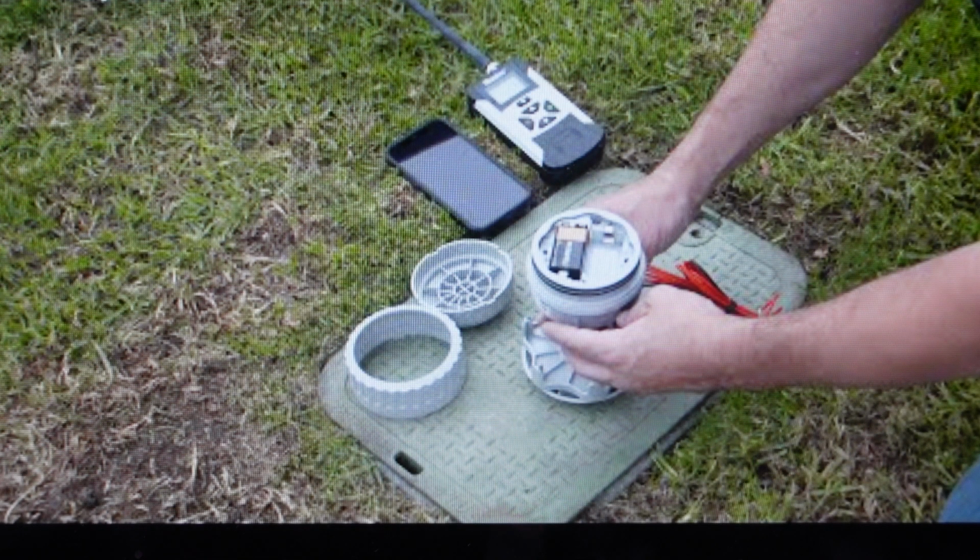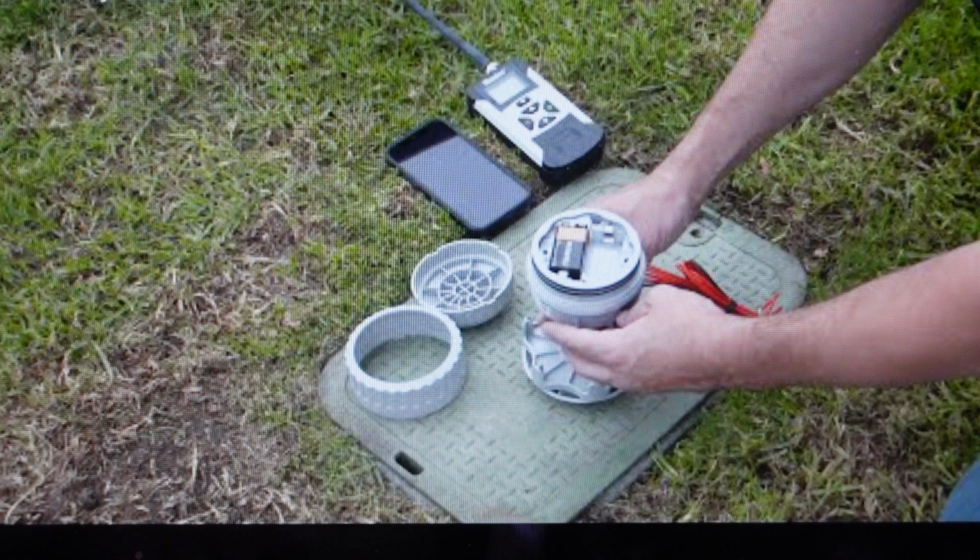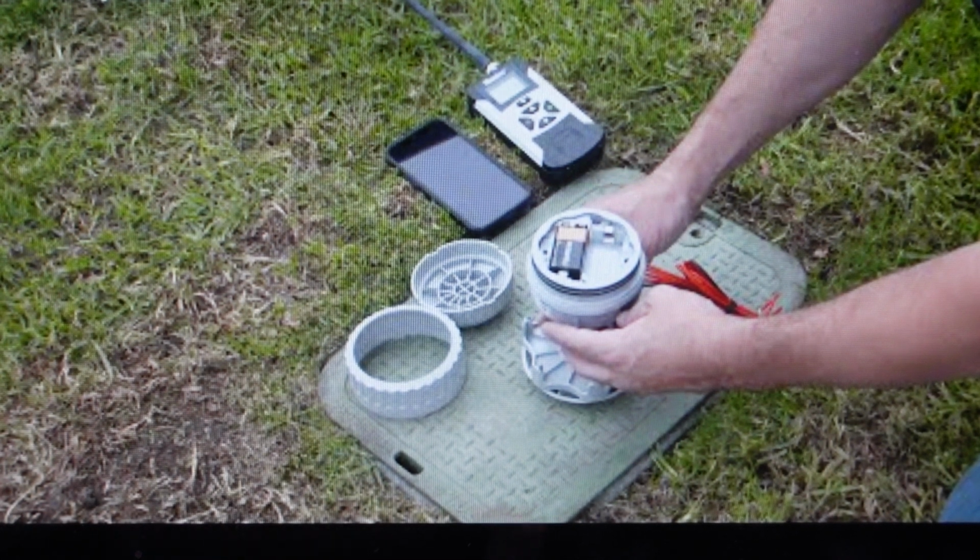So what you want to do is remove both of the batteries from the unit, and then on the front of it, press and hold the right assignment button. And you're just going to continue to hold that button as you insert one of the batteries back in as shown here, and just continue to hold that assignment button for at least 5 seconds until both of the LED